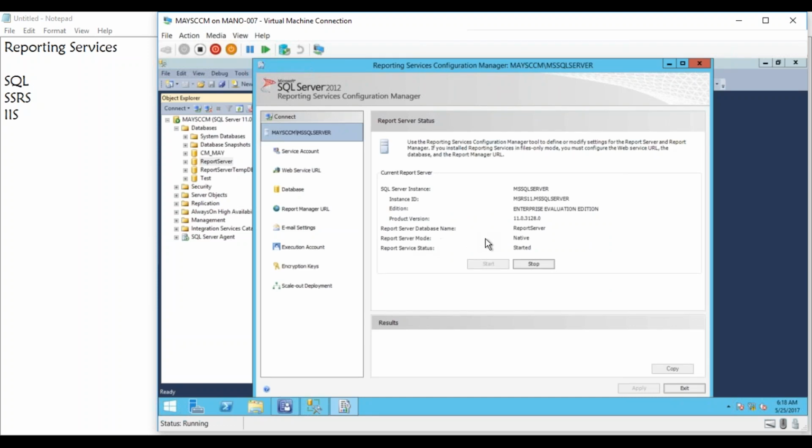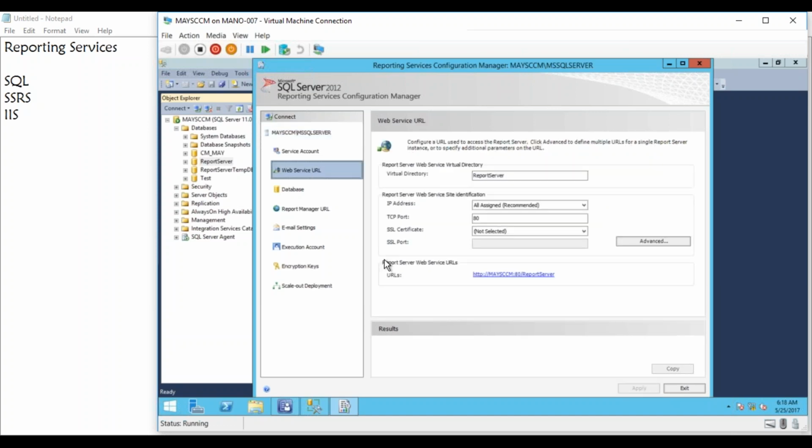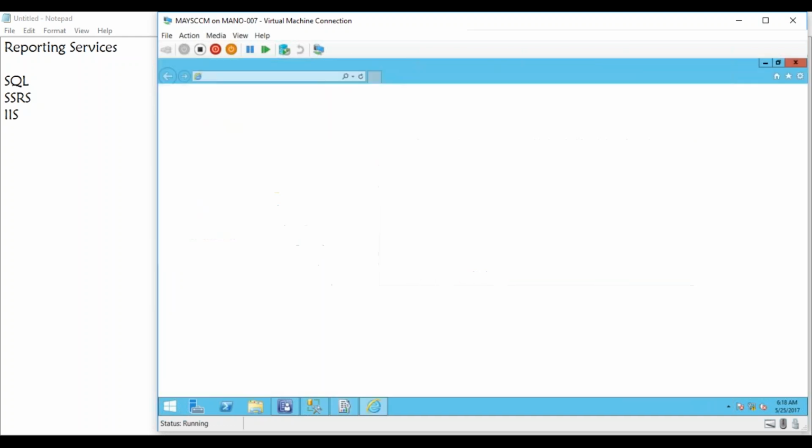See, it says the reporting server mode is native. There are two modes: one is native, the other one is SharePoint. We are going with native mode. And if you go to the web service URL, it shows that it has already hosted the web service for the report server. So when you click here,